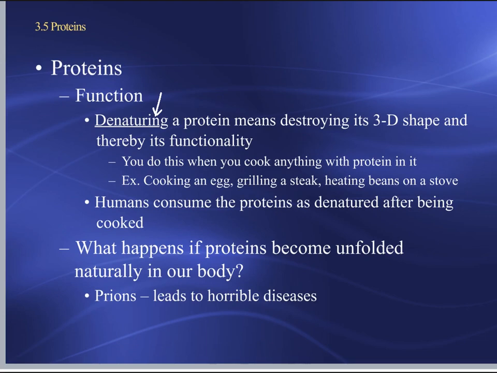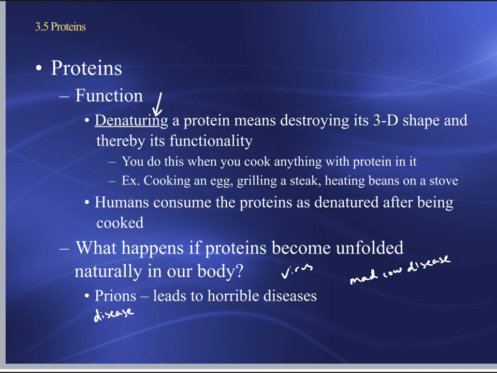So there are some diseases called prion diseases. Prion diseases, or prions. They are really horrible. It's an example of a disease that messes up proteins in your body. A lot of these are viruses. You have prion viruses, and then some of them just naturally occur in human genetics over time, which are also just really sad. An example of this would be something like mad cow disease, which you may have heard about in the past. It hasn't been around any time recently, but there was a real concern a number of years ago